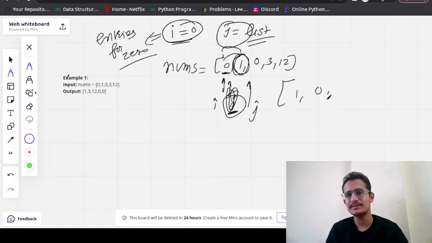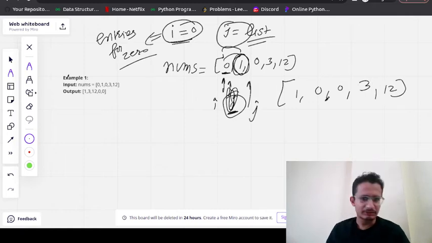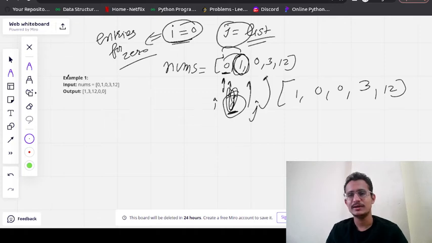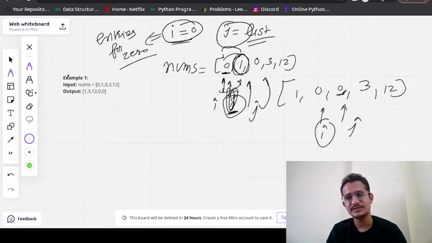So it will be 1 0 0 3 12. Now i and j will be increased by 1. So j will come to this position and i will come to the second position. I told you i will be holding the position of the zero only. So i is here now. j does the operation when it gets a non-zero element.